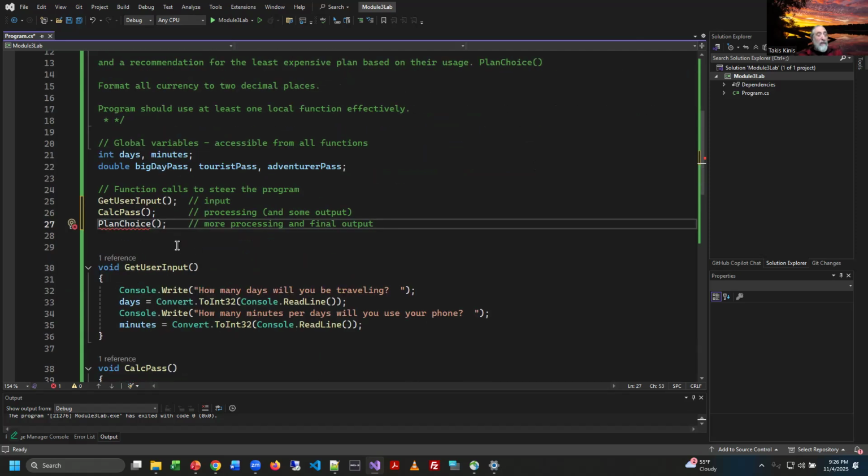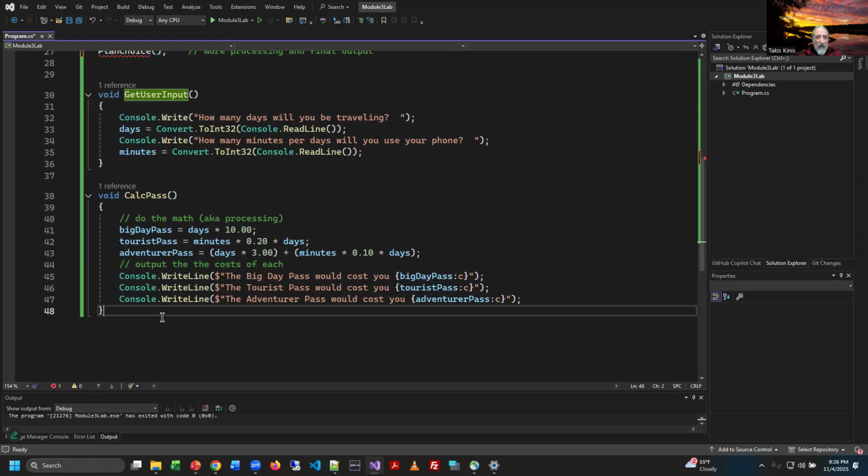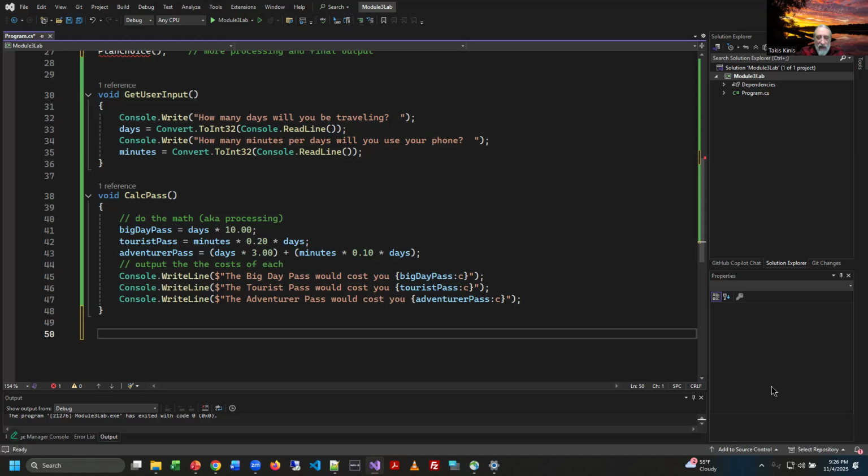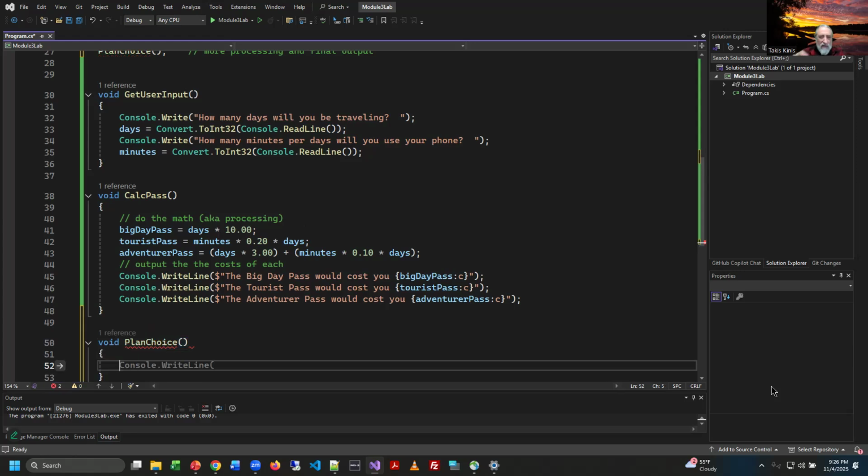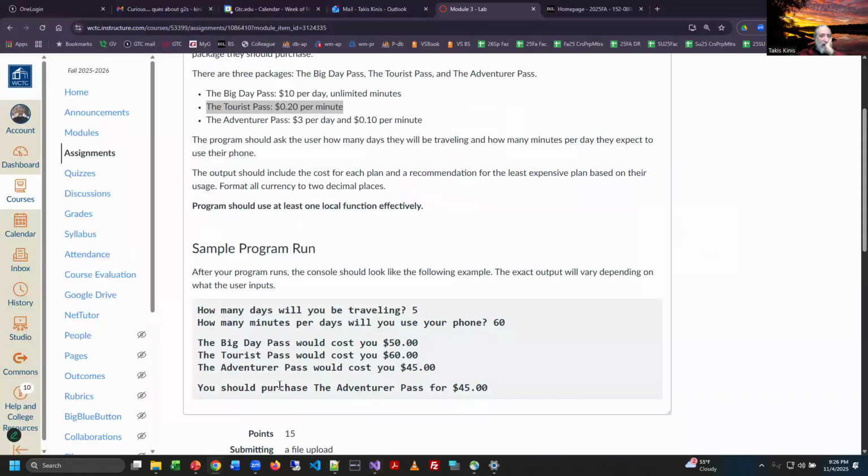So then you see the main program body is now just 5 variable declarations and 3 function calls. But we have to write this other function. And what do we call it? Plan choice. Let's do our curlies. And then, all right, let's see what the sample output looks like. You should purchase